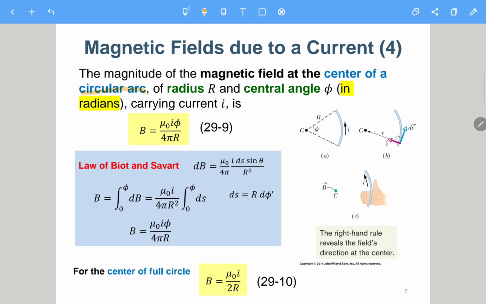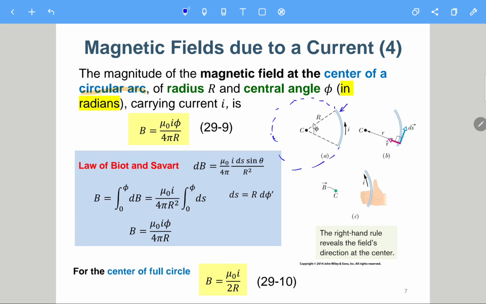So in this case, suppose this is a whole circle. So this is a part of the circle, which is a circular arc, and the radius of this circle is capital R,